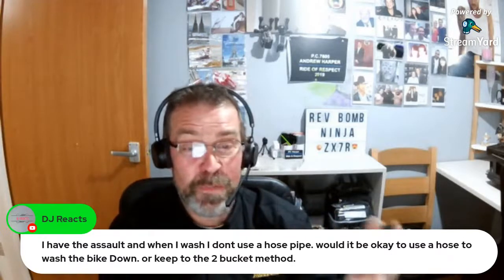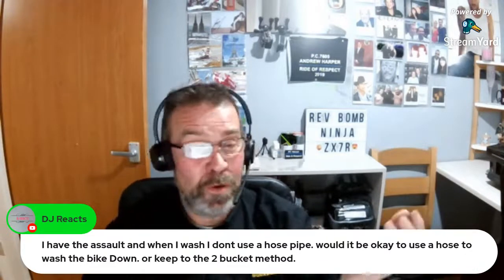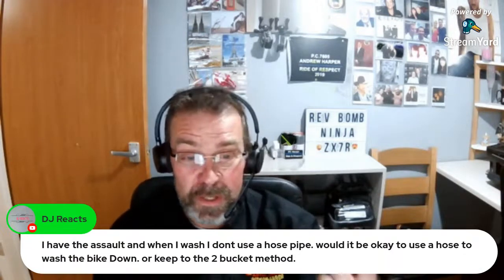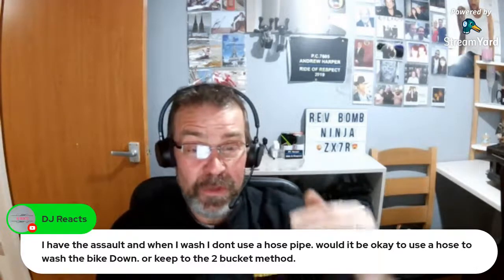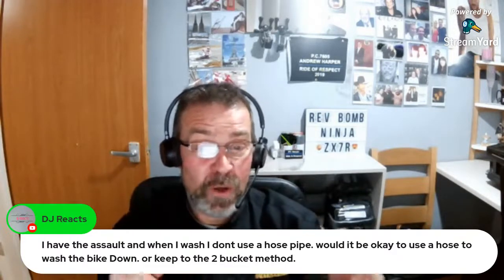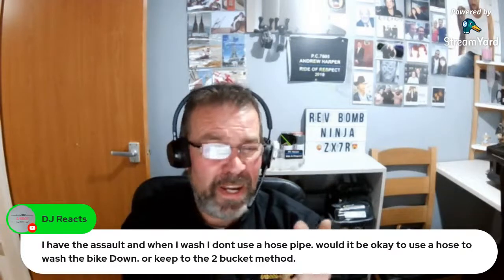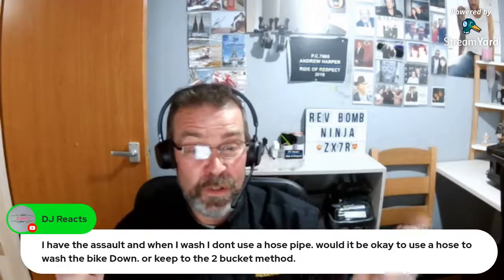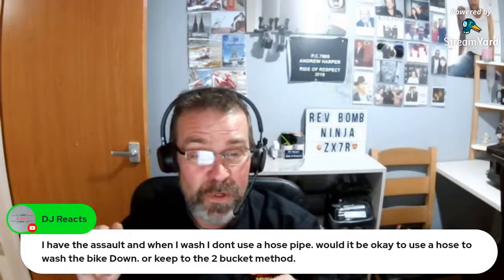If you are using a sponge, try to wash your sponge off before you put it back onto the bike, because the last thing you want to be doing is taking a load of grit on that sponge and just scrubbing it all over your panels. You will scratch your panels on that. What I tend to find, and I use it on my Kawasaki, is, I think the name of it, Karcher. Little mini Karcher pressure washer, and you can set that onto a very, very fine setting just to blow the water across the bike, getting in all the pieces, but tend to avoid your wheel bearings, tend to avoid getting in close to the electrics, because you don't want to be spraying water into the electrics. Tend to sponge everything down and just give it a quick blast from about a couple of foot away with just the Karcher, just to wash it down, dry it off with a couple of microfibers,